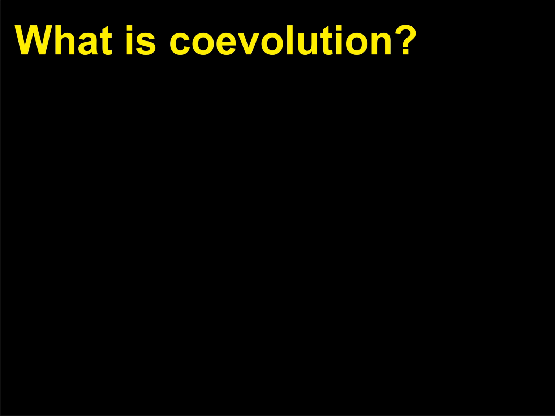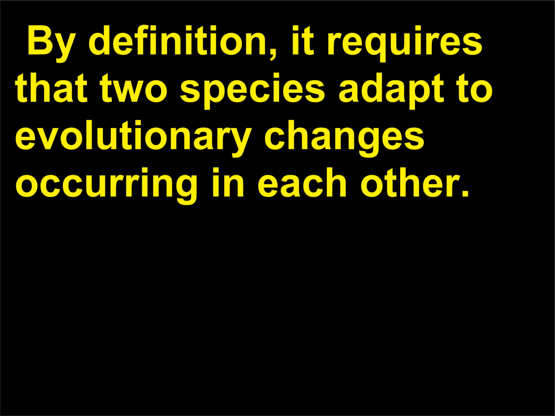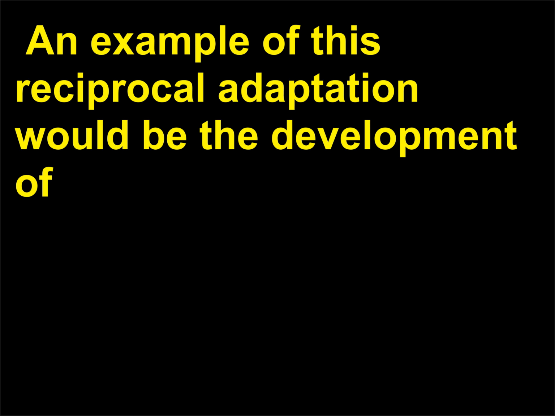What is coevolution? Coevolution is a rare form of evolution. By definition, it requires that two species adapt to evolutionary changes occurring in each other. An example of this reciprocal adaptation would be the development of